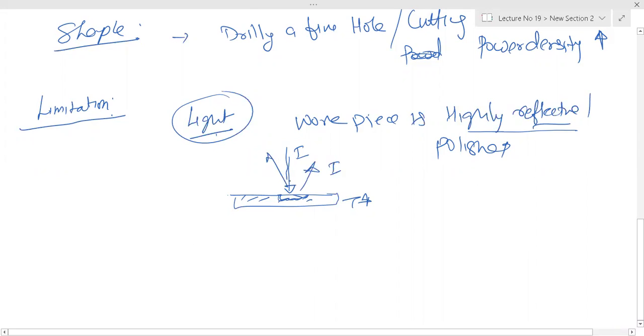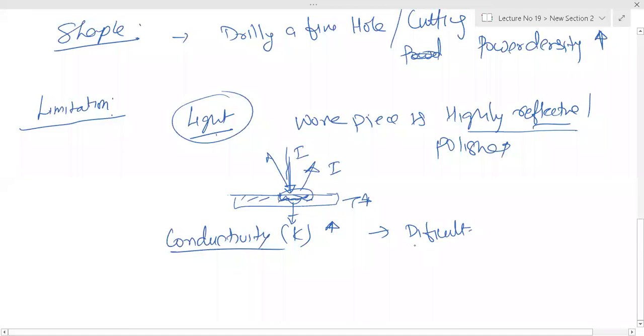And one more thing, if the material has high conductivity, if K is high, it means whatever heat comes here will get transmitted. So less heat will be available for melting. So it will be difficult again. It will be difficult to machine. Understood? Because conductivity is high, which means